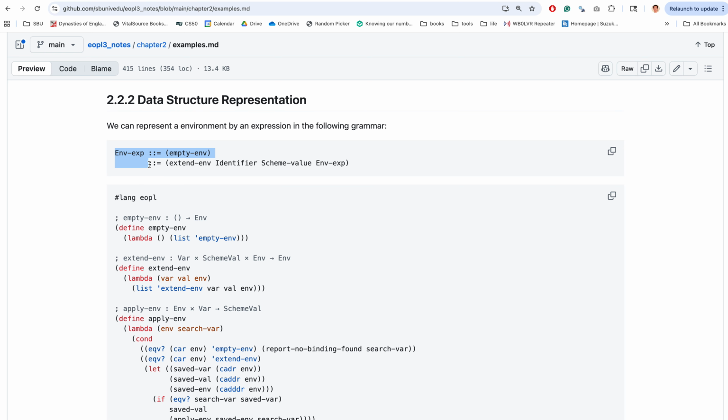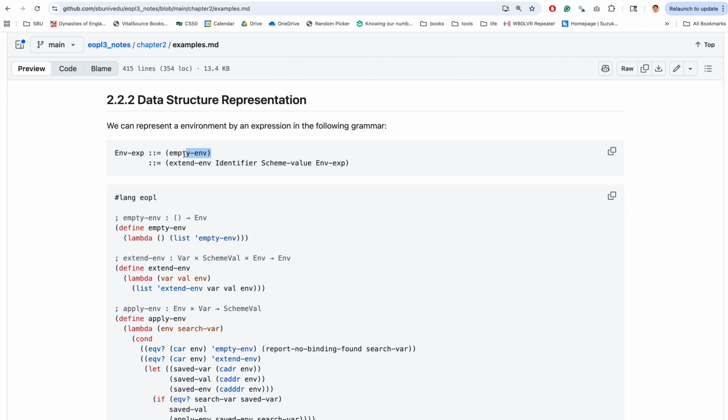So we have this thing called environment. We're trying to define it,